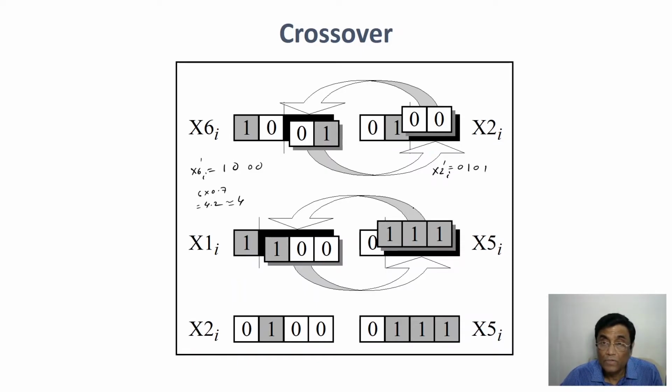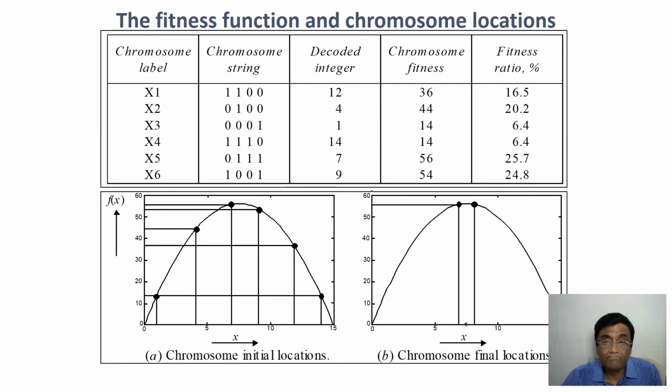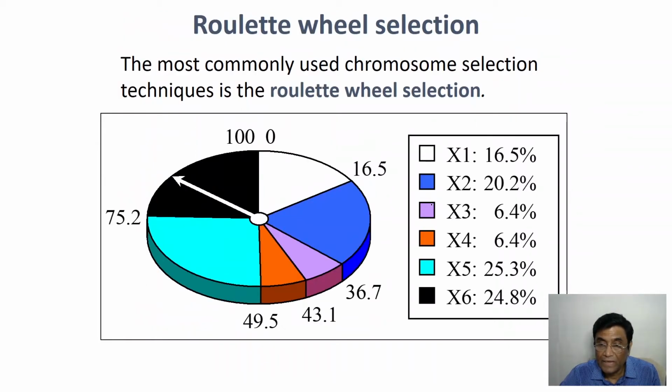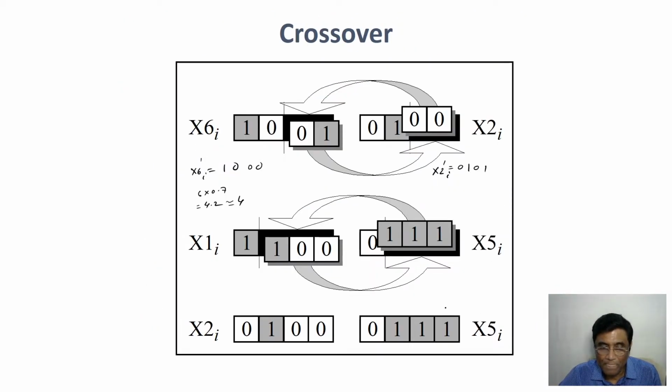This is a clone of 2, and this is a clone of 5, because they have fairly high fitness values, so they are kept. And the others we are creating as offspring by making crossover here